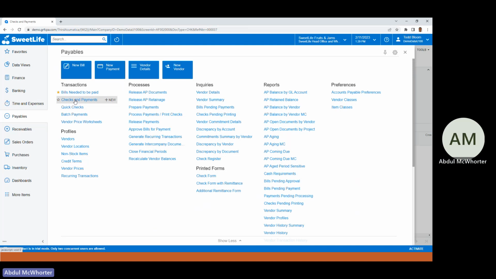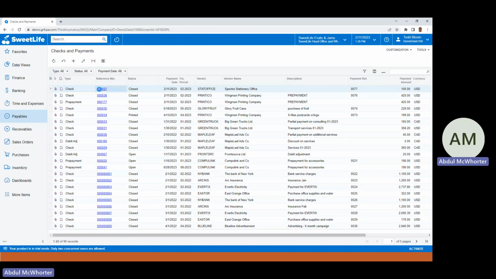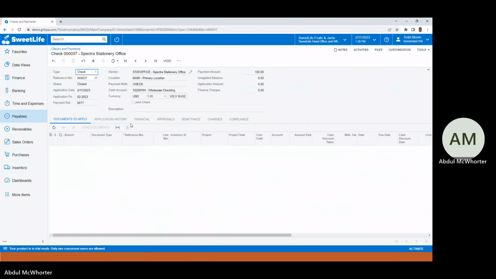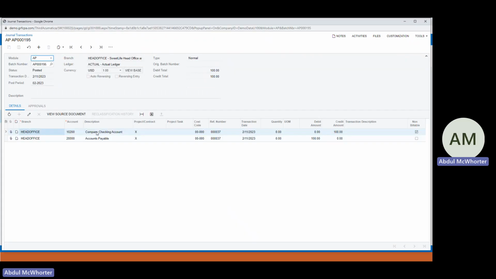So checks and payments. And let's go into the check that we just created. Let's take a look at the financial tab under the general ledger link, and let's take a look at the AP batch that was created. So now we have the journal transactions form that was open, and we take a look and we see what accounts were affected. In this case,